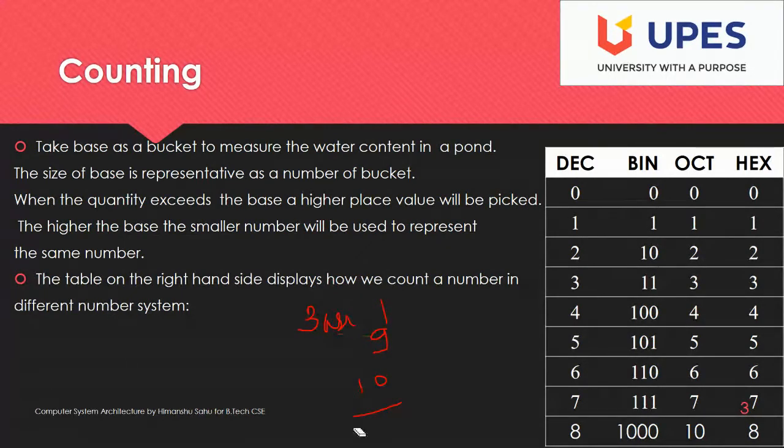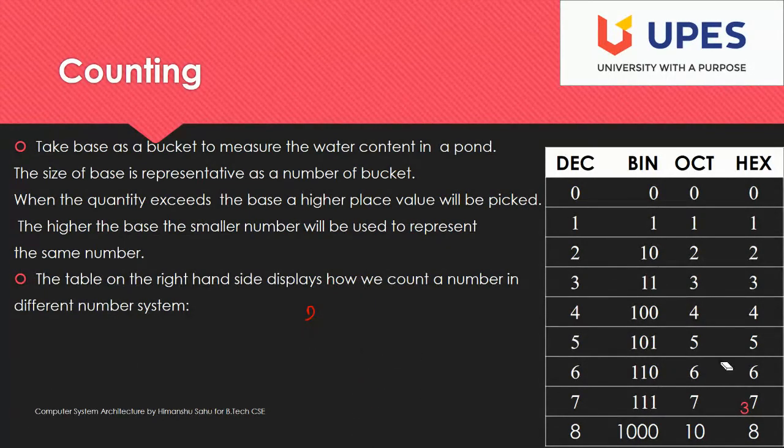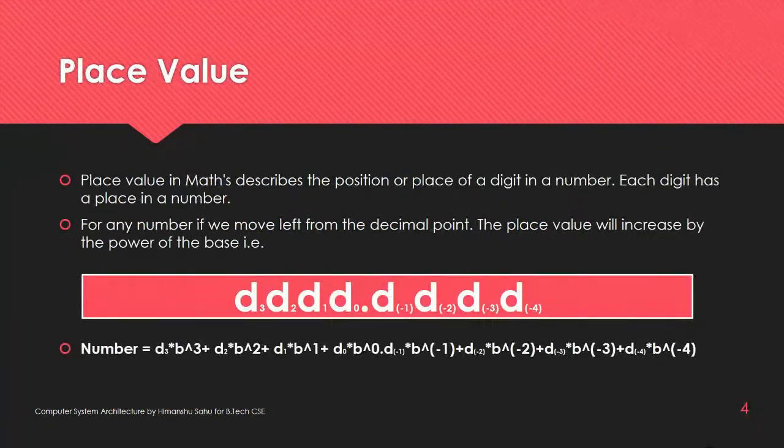So let me clear this thing. So these are the representations. Like for 7, we have already seen how binary represents different symbols. Whenever your maximum capacity is reached, then you have to shift by one more digit in your system. Like you can see in this, after 7, so 7 is the maximum possible value in the octal system for one digit. So we have to shift to one more digit.